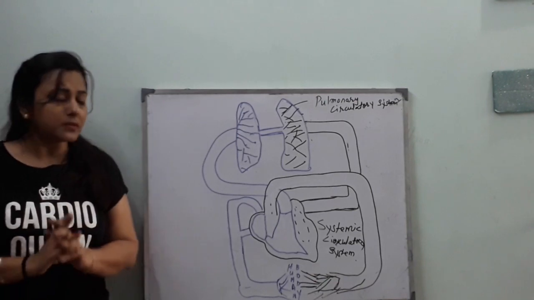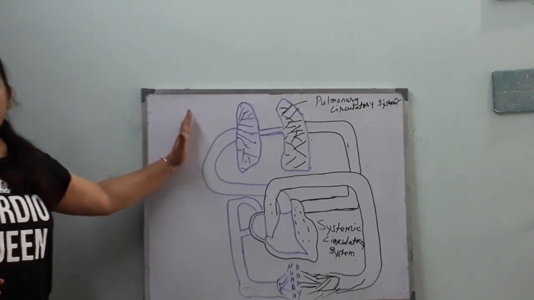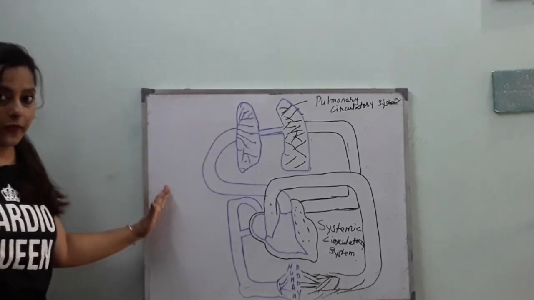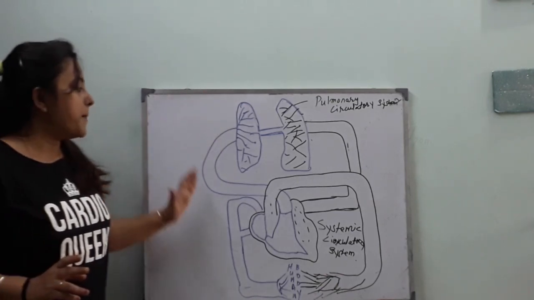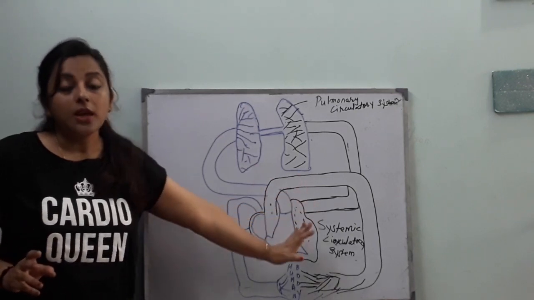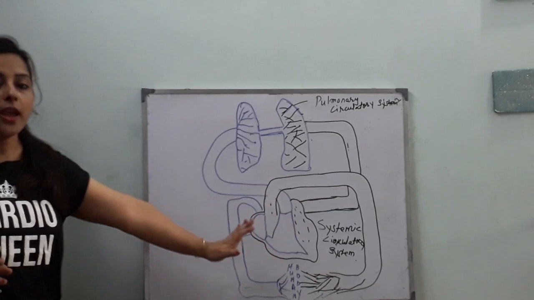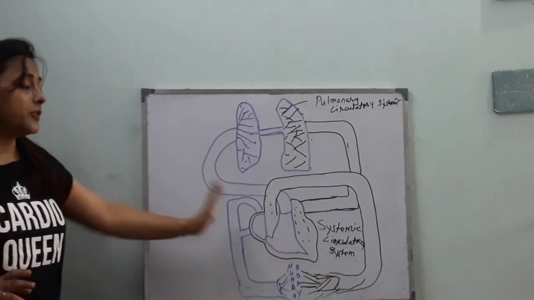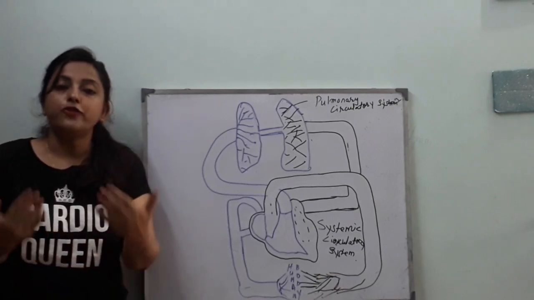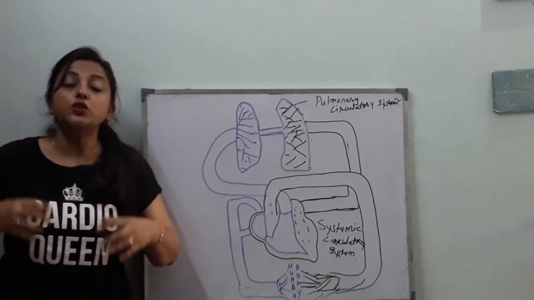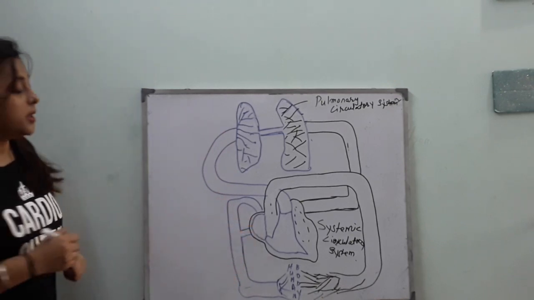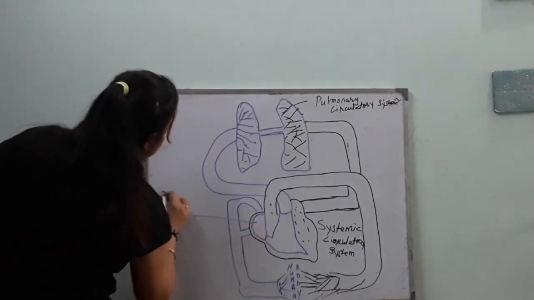circulatory system. First, we will discuss the pulmonary pathway. Let's start with the pulmonary pathway. First, we should know about the deoxygenated blood, or we can start with the right side of our heart. What happens? Deoxygenated blood from our body enters into the right atrium